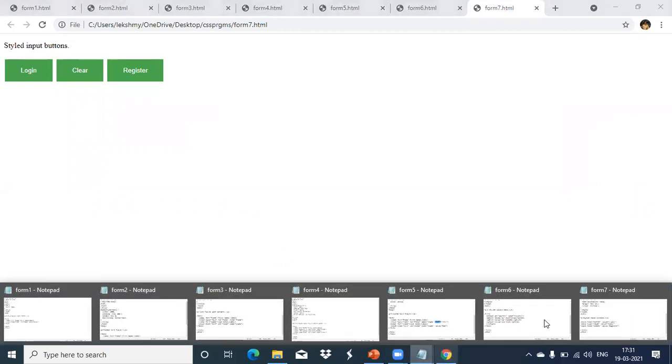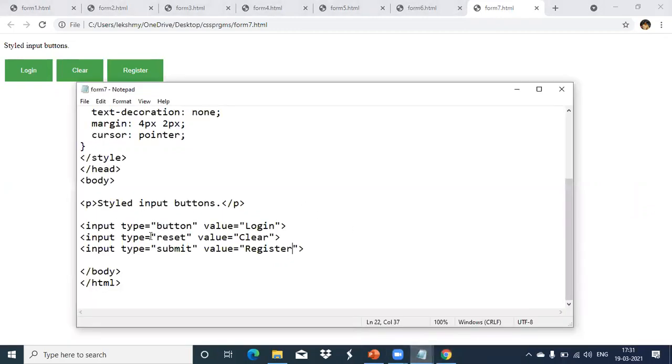Now that is our wish, but the type should be in which format? Either we can give button type, then reset type, then submit. Those types are constant, but the values you can change. What name you want to display for the user for each button, that you can change.